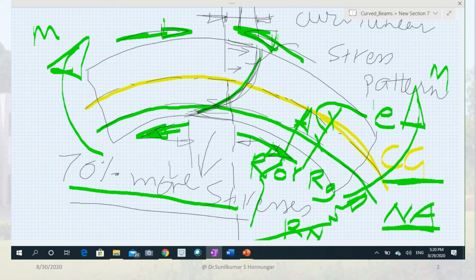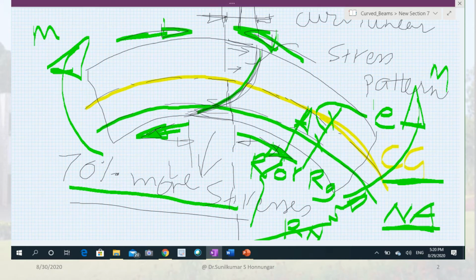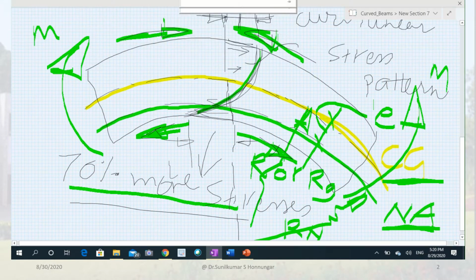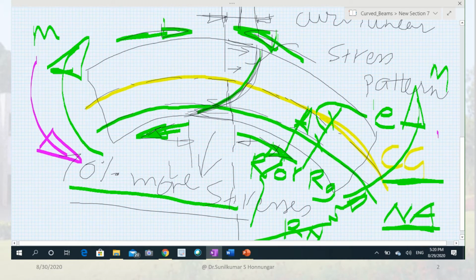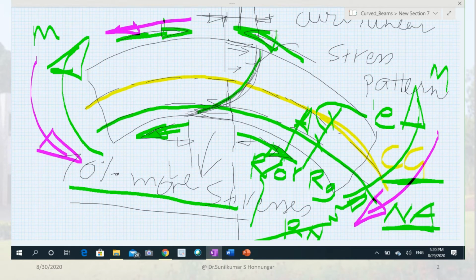So this is a thumb rule, but in some cases you will also notice that it may be the other way around. That is, if the bending moment is applied in the other direction, compressive stresses act on the bottom side and tensile stresses act on the top side. Generally this is rare. But if this is the case, then it will be opposite: tensile will come on the top, and compressive will come at the bottom.